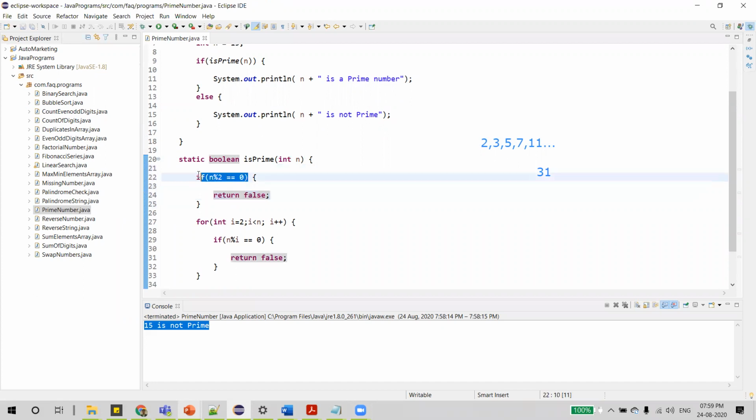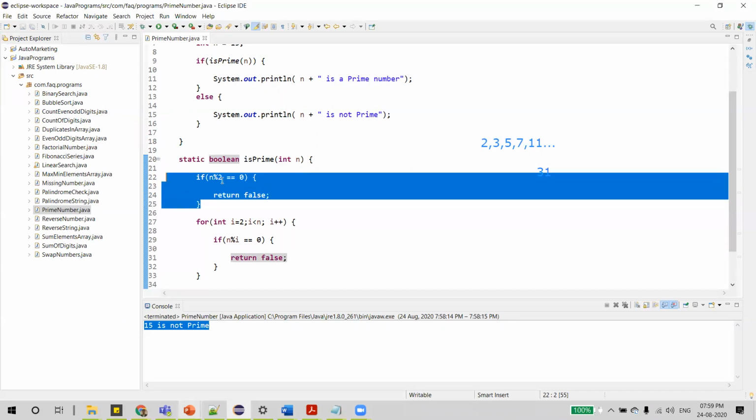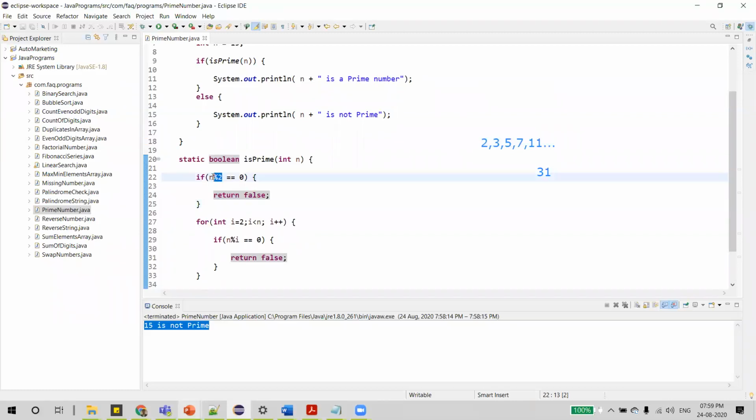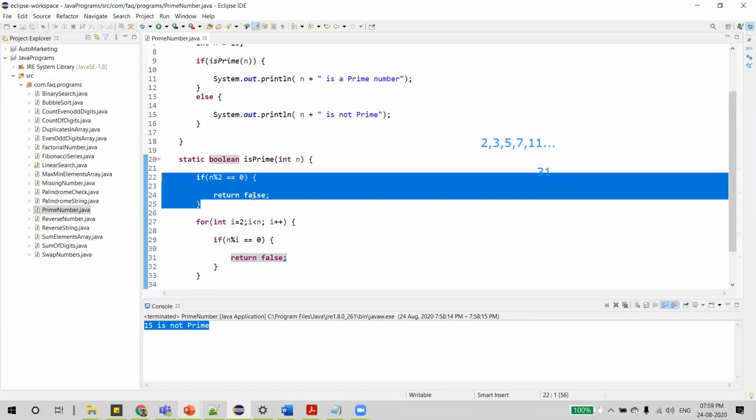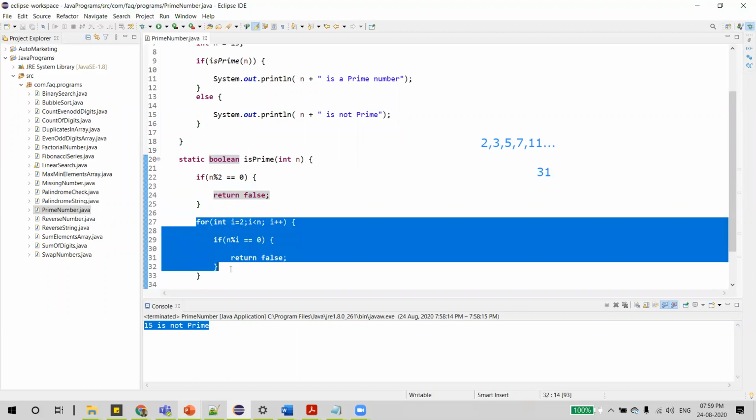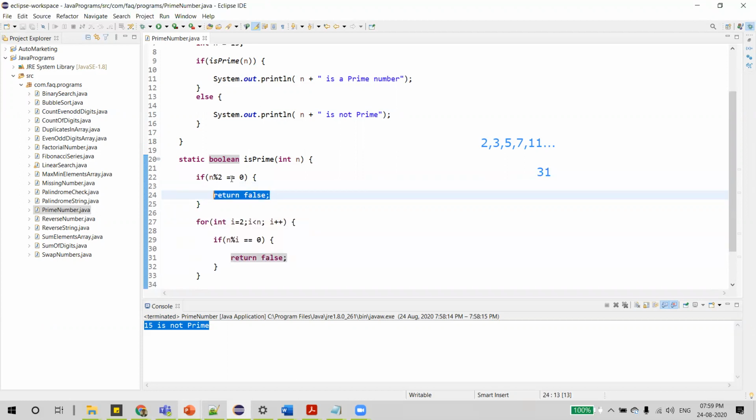As we can see, we are dividing n by 2 and verifying the remainder. If it is 0, then it is perfectly divisible by 2, meaning it is an even number. No even number is prime except 2. 2 is the only even prime. So here itself we don't even enter the for loop. Here itself we will return false, saying that the given value n is not prime.